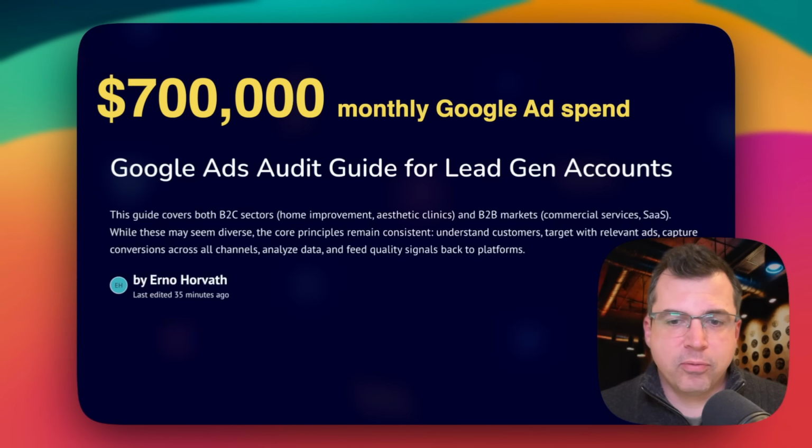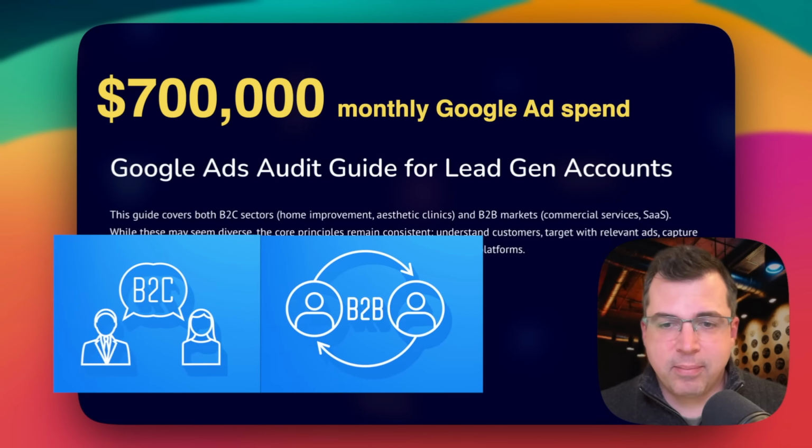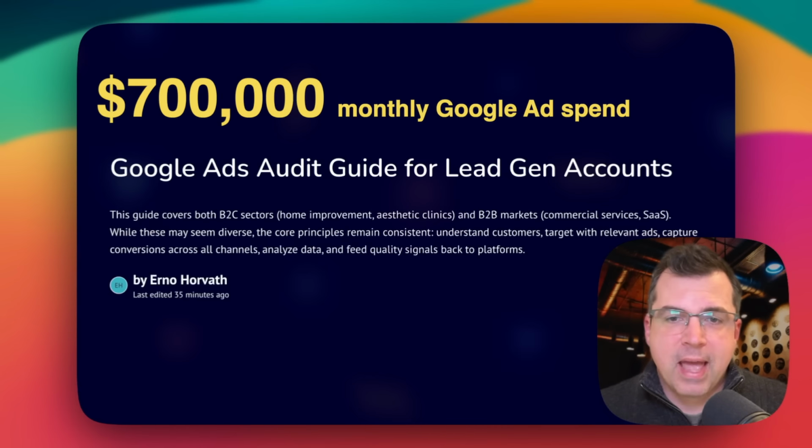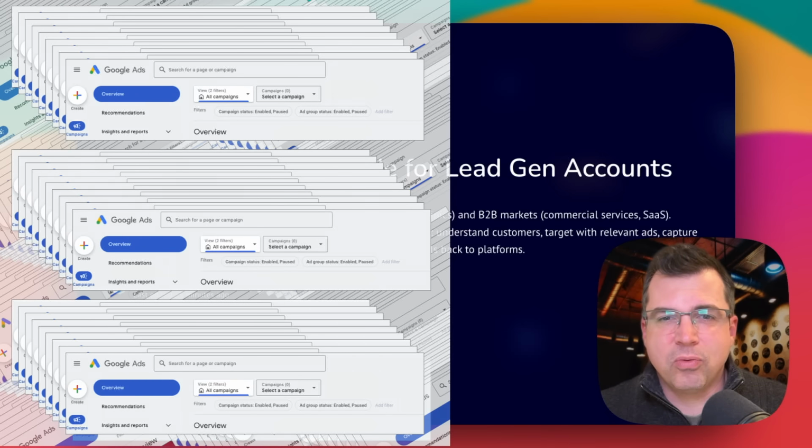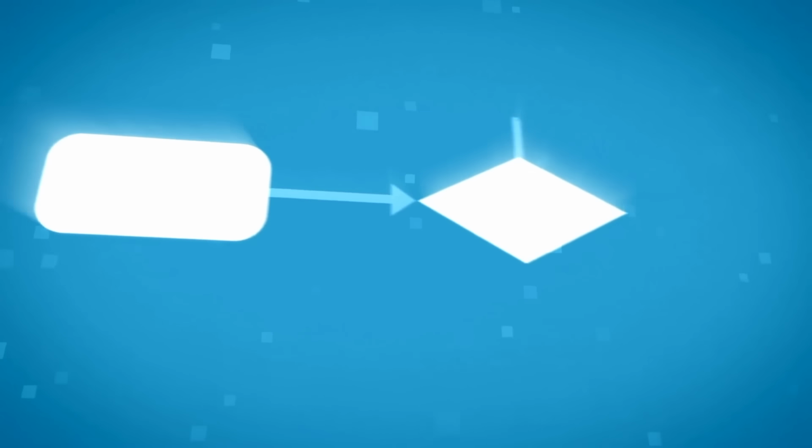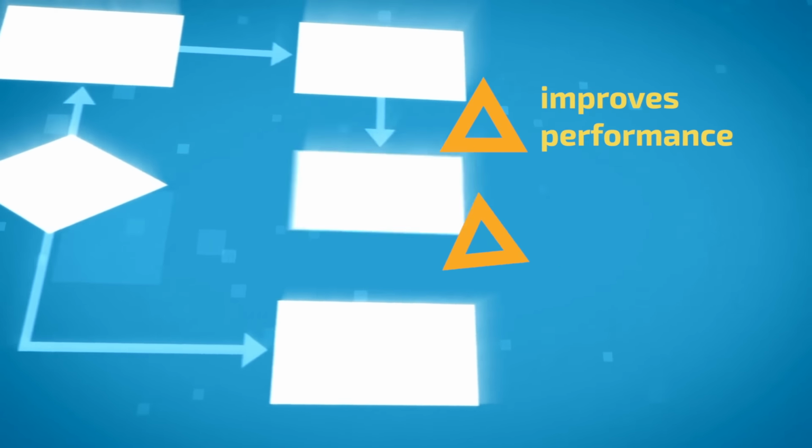Hi, I'm Ernő Horváth, CEO of Optimum Click, where we manage over 700,000 in monthly Google Ad spend for B2C and B2B lead gen campaigns in the US and UK. Having personally audited hundreds of Google Ads accounts, we've developed a systematic approach that consistently improves performance and scales spend